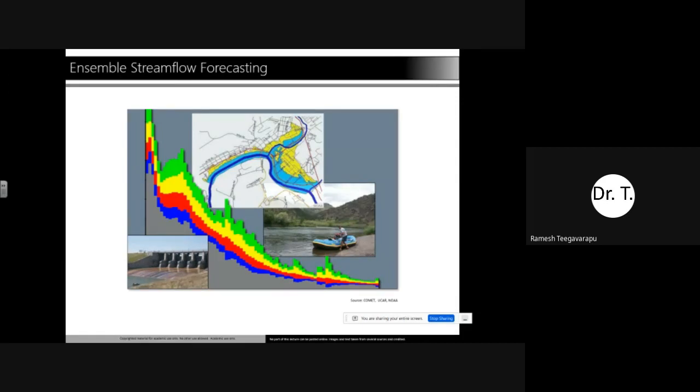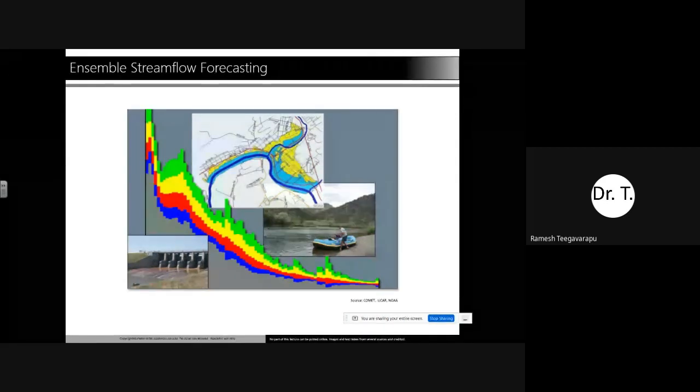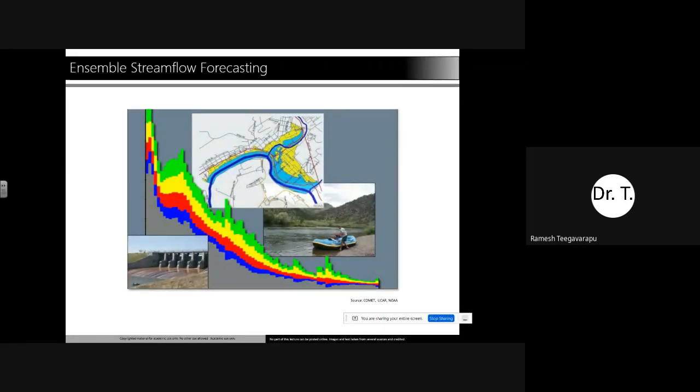Today I'm going to talk about ensemble streamflow forecasting. This is kind of an old approach, but it is gaining a lot of attention throughout the world. Many forecasting agencies, especially those worried about floods, are developing what we call ensemble streamflow forecasting, mainly for operational forecasting purposes.